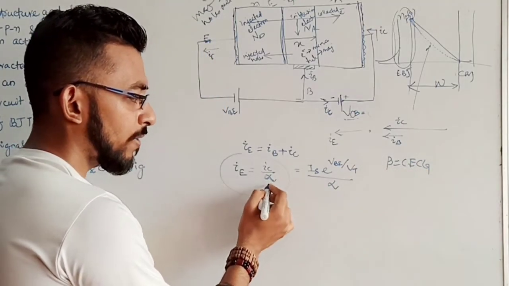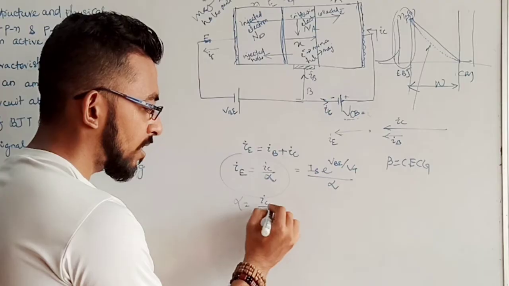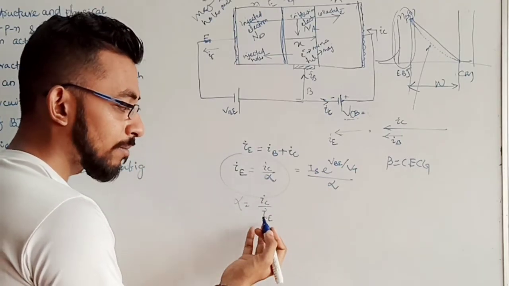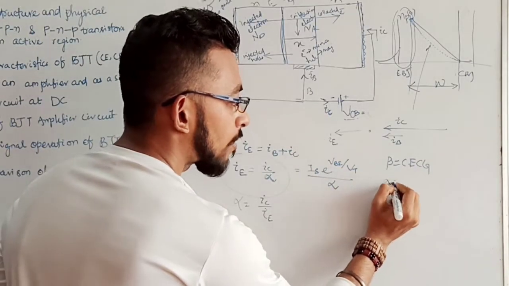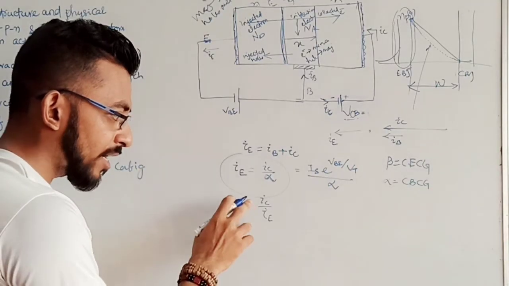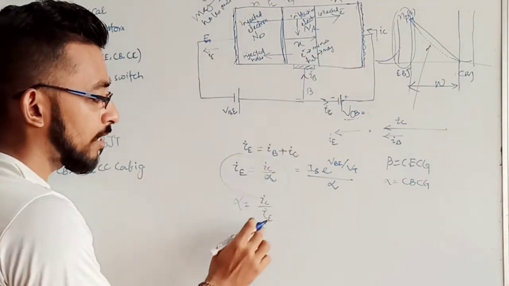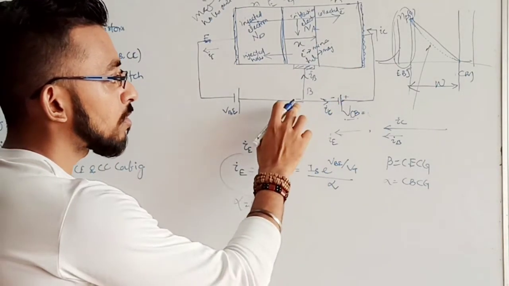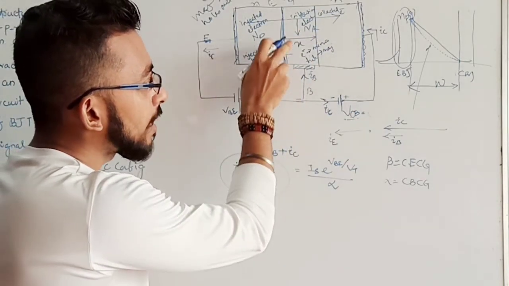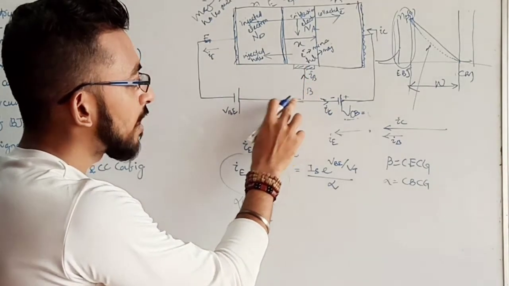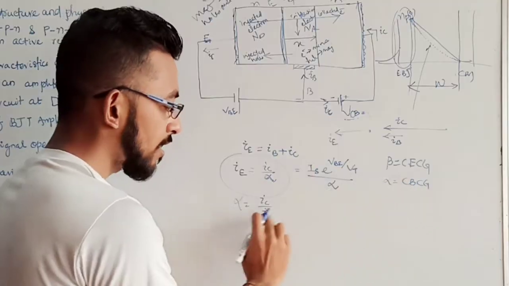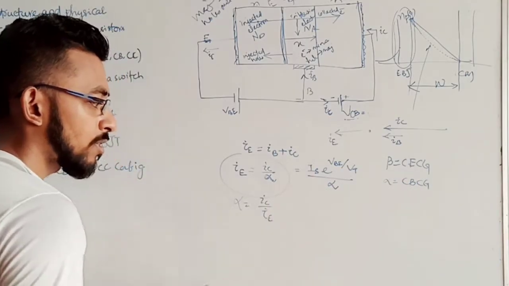Here, can you tell what our alpha is? Our alpha is nothing but IC upon IE. So here, which term is missing? B, base, is missing. So this alpha is called the common base current gain. It is the current gain of output current at the collector and input current at the emitter. But which terminal is common? This is the diagram for this alpha. This is the base, which is common to both. Here, see, base is common to the emitter side, and base is common to the collector side. That's why it is a common base current gain. Okay, so this is the alpha.